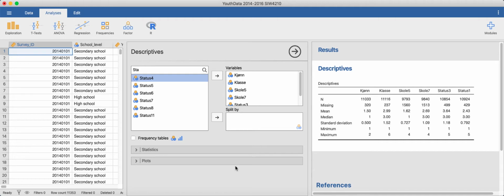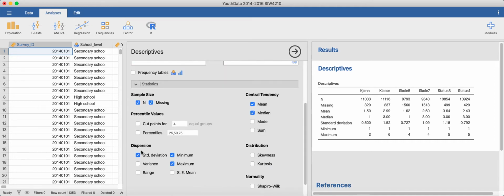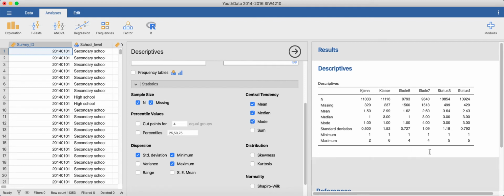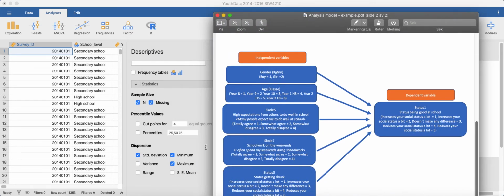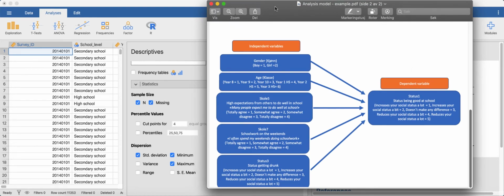And as I said, you have to go for statistics, and because as you see, central tendency, you already have mean and the median, but we have to tick off for mode, and then you get this table here with gender, age, which is measured with klasse, skole 5, skole 7, status 3 and status 1, and as I said, these short names might not say anything to you, so it's really nice to have this kind of overview where you put in whatever form you would like it to be,